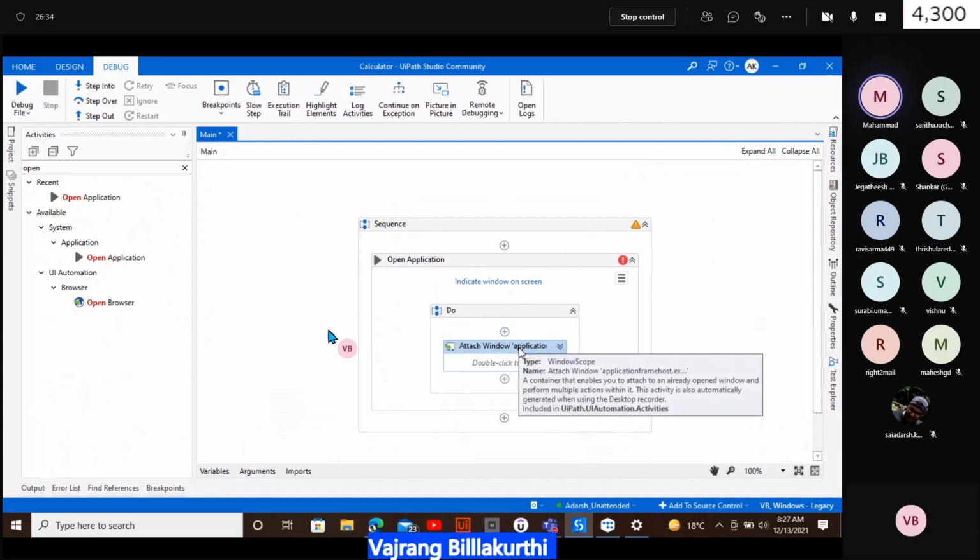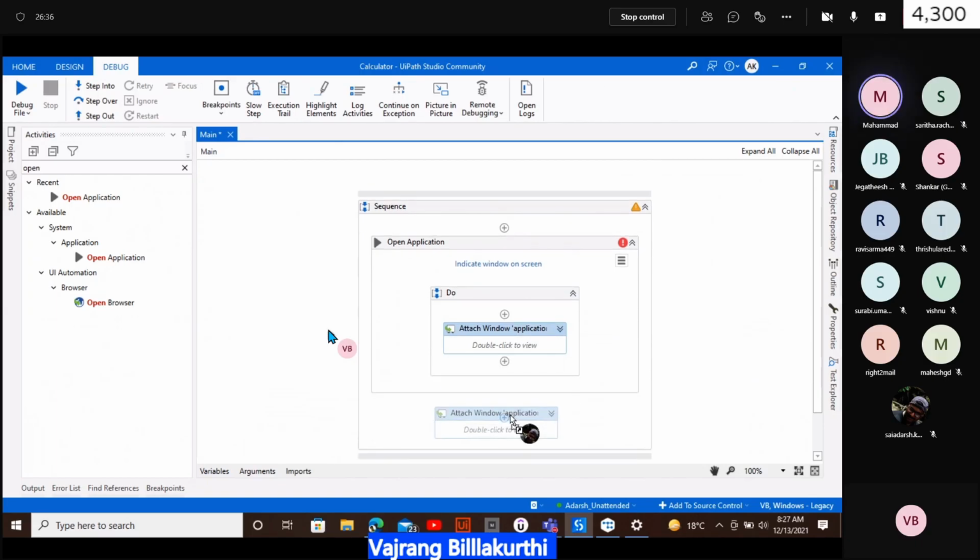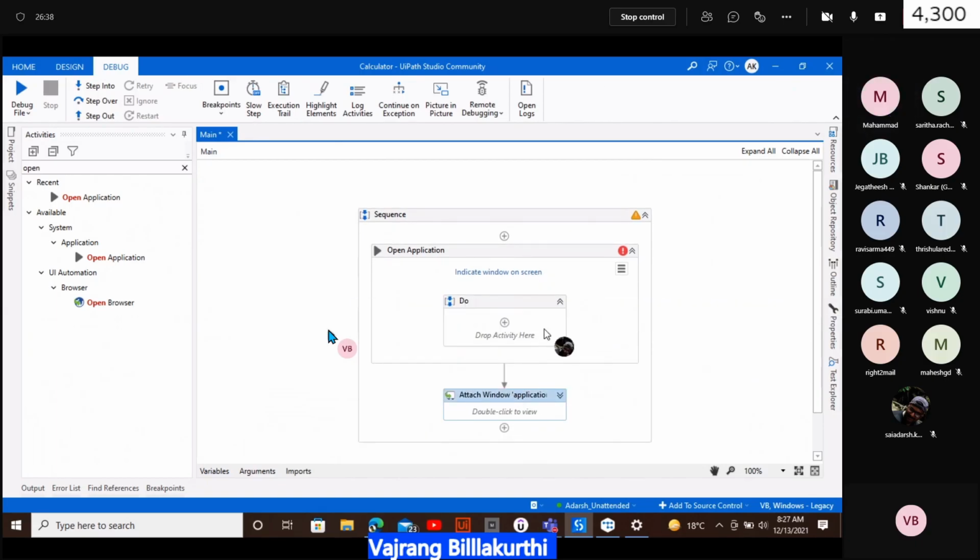Attached browser should be outside open application. The main reason is attached browser also has a target element or a parent element by default. It's like a container. Yeah, open calculator and indicate it on the screen.